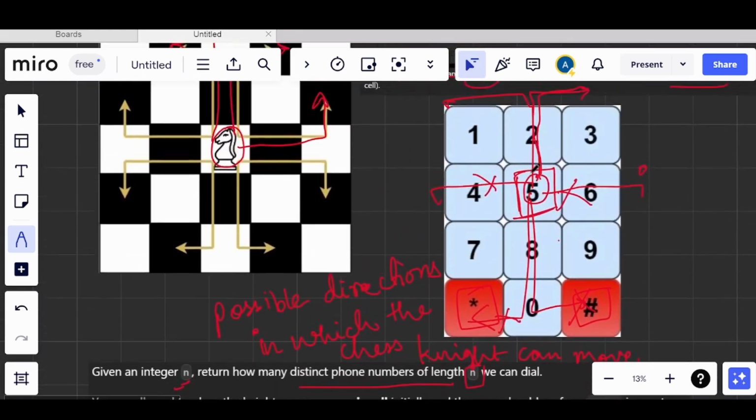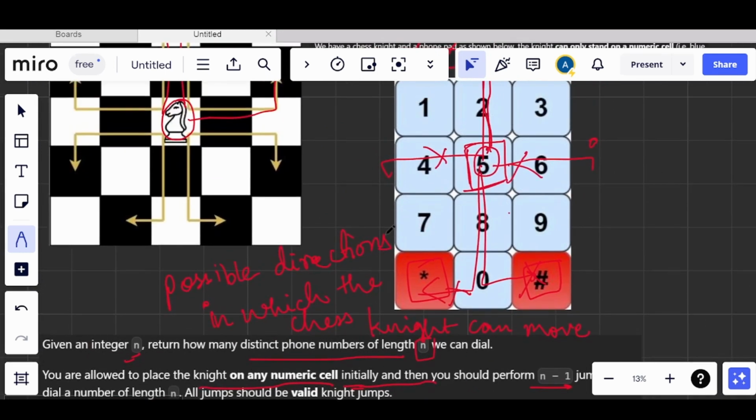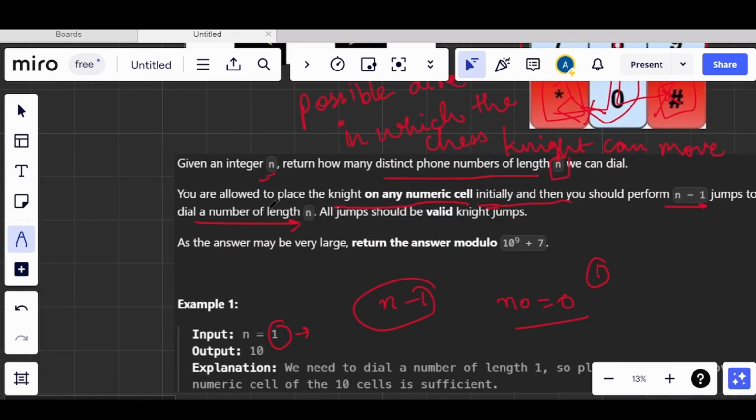As they have told that we can initially start from any position, we can either stay on 1 or 2 or 3. In the same way, we can stay on any of the 10 digits. So what we have to return here is that we can stand on any digit, and we cannot move though, because the number of jumps becomes 0.